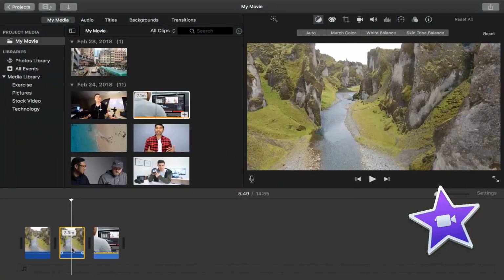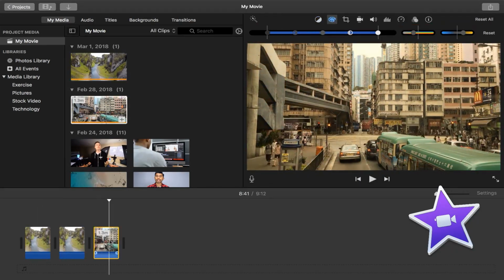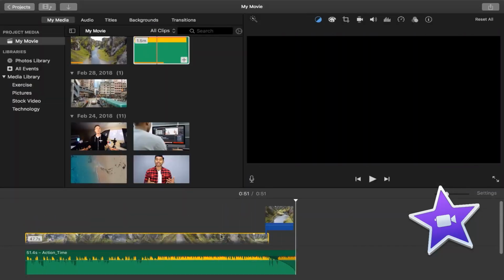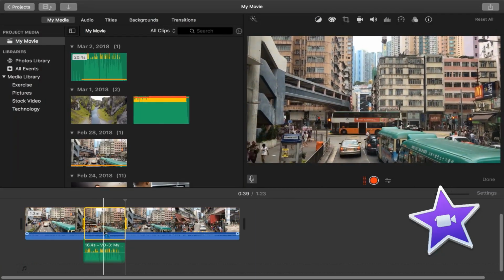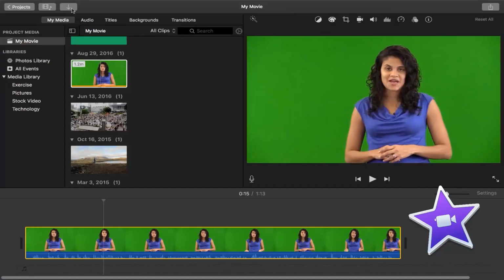To give a professional look and feel to the movie, we will also work with color grading and color correction. Audio is a very important element in movie production, and in the audio section we will learn a lot about audio editing, music and voiceover. In our advanced movie editing section, we will work with green screen video production, add multiple